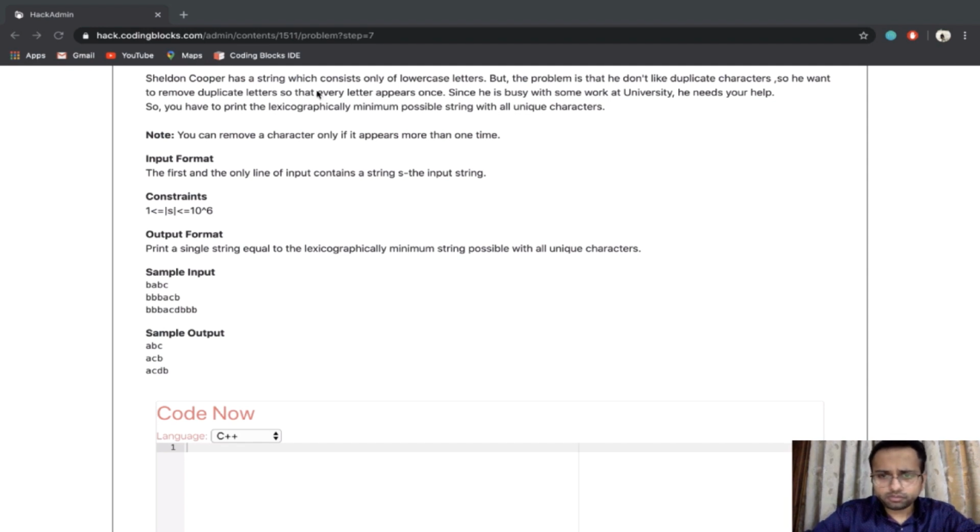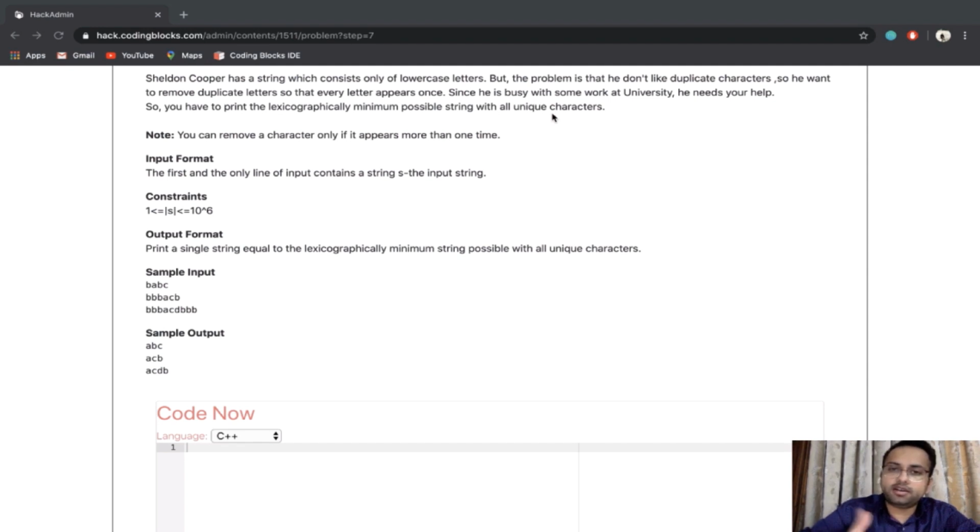He wants to remove the duplicate characters, and we should return the lexicographically minimum possible string. Lexicographically means dictionary wise. So it should be the smallest string dictionary wise, and it should contain all the unique characters.